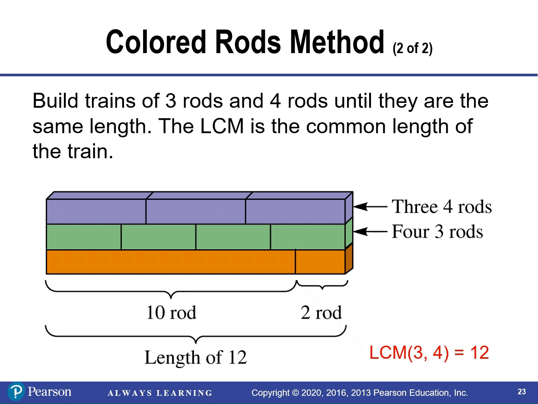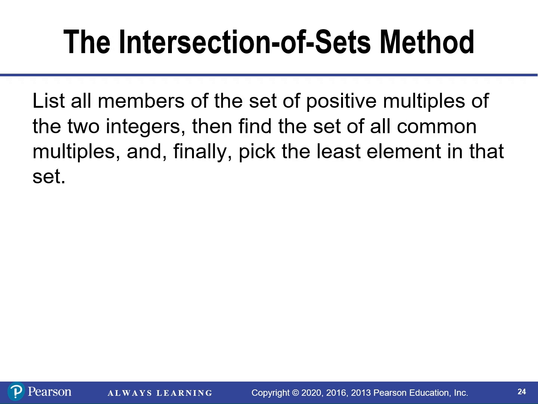and we get a length of 12. Just like with the greatest common divisor, there's also an intersection of sets method for the least common multiple. But in this case, we're going to list all of the positive multiples of the two integers. So we're listing multiples rather than divisors. Then we're going to find the set of all of the common multiples, and finally pick the smallest element in